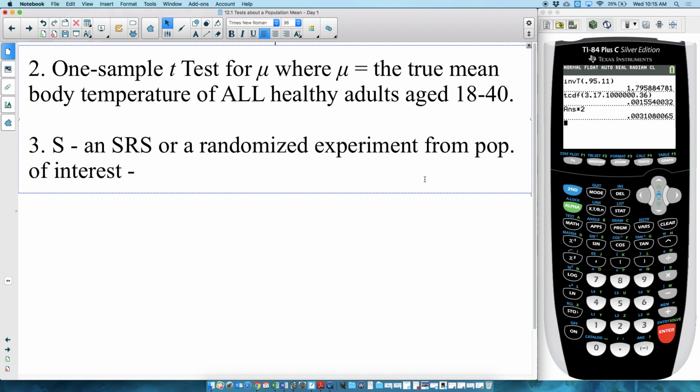Okay, and so then our check is: it did say they did an SRS of, I don't remember how many people they had, and then they randomly took those people's temperatures a couple different times over 3 days. So they had a selection of 700 temperatures. They were both taken at random times and from a random selection of people. So they took body temp readings from a